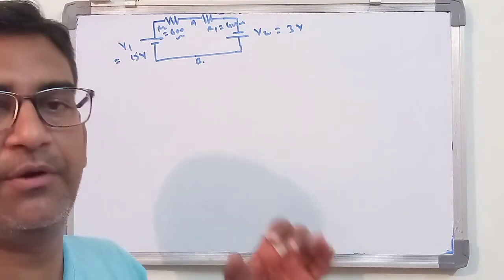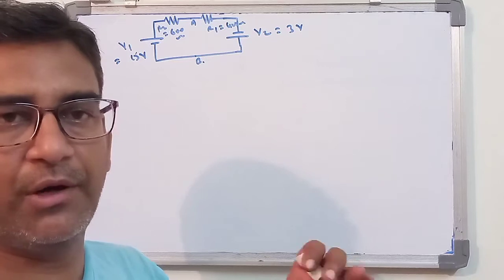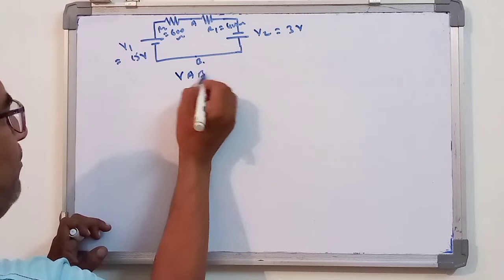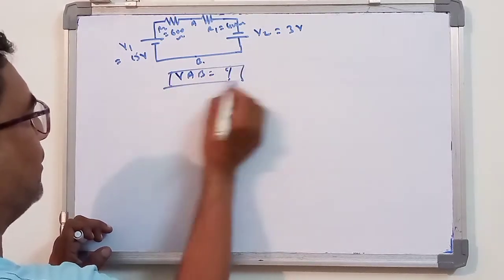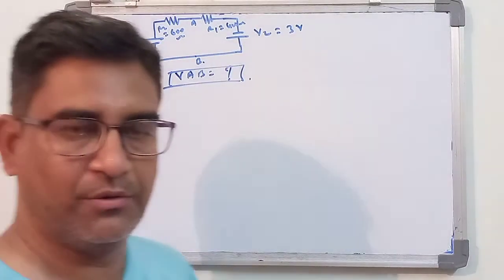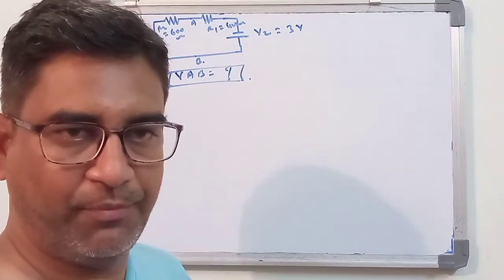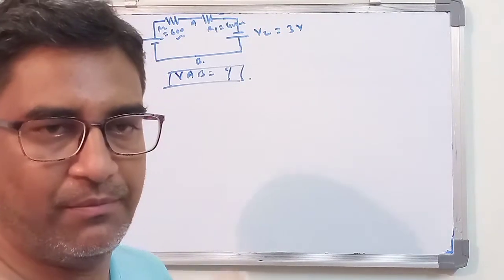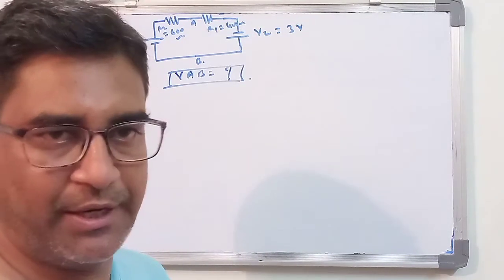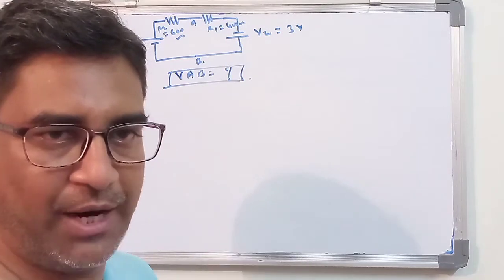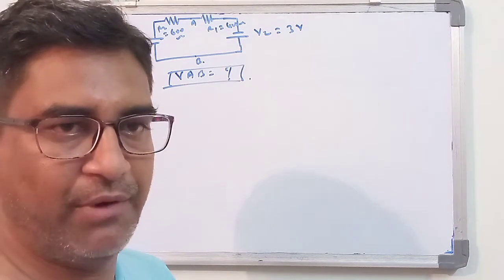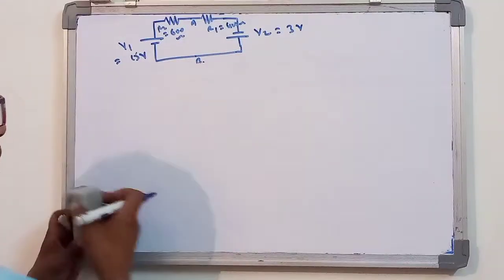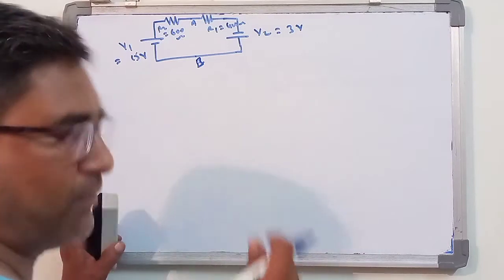What do you have to find out? You have to find the value across VAB. What is the value of VAB? This much you have to find out. So in the end we will prove the value for VAB. What you have to consider is the short circuited terminals across V2 and V1, then we will obtain the value of VAB. You have to remember that in your mind.